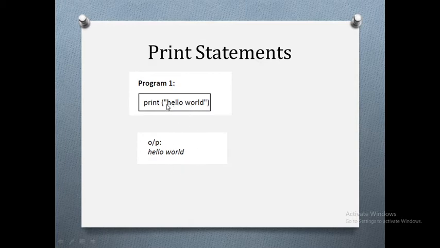Whatever we write inside this bracket will be printed as the output. A string is nothing but a group of characters within double quotes. Whatever is given between the double quotes will be displayed on the output screen. So print is a command, and whatever we give inside the bracket will be shown as the output.